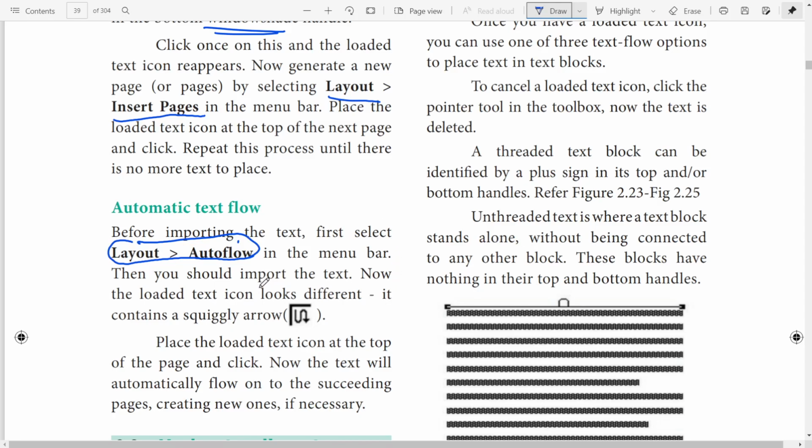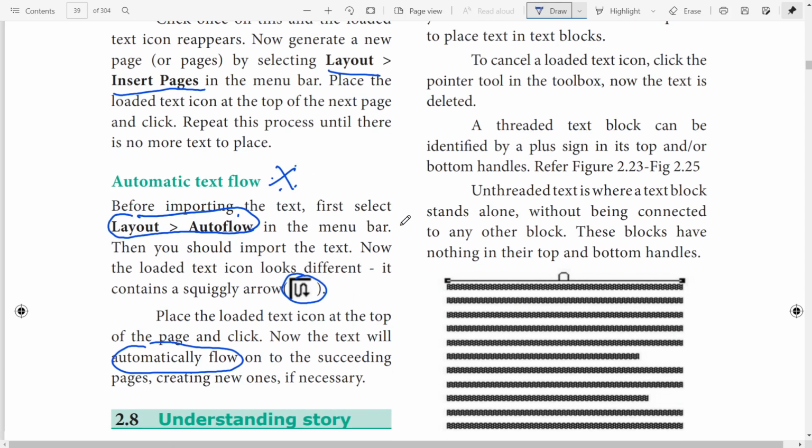It contains a squiggly arrow. Place the loaded text icon at the top of the page and click. Now the text will automatically flow onto the succeeding pages, creating new ones if necessary. Okay. Automatic text flow is more important than manually placing the text.